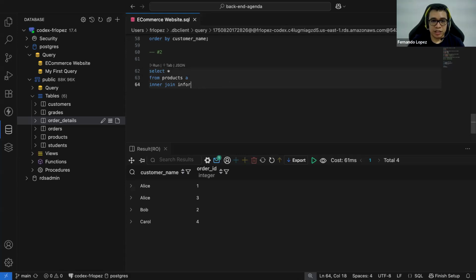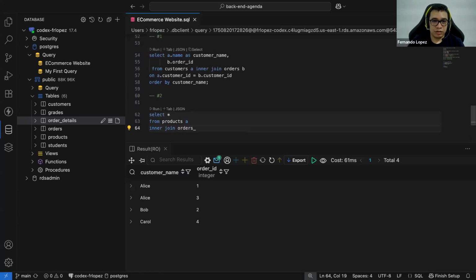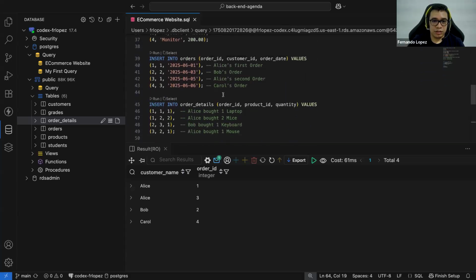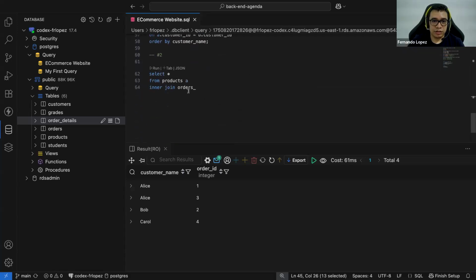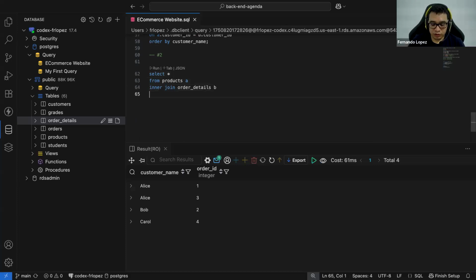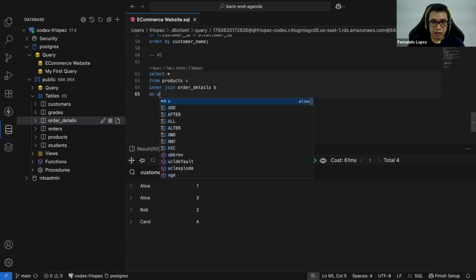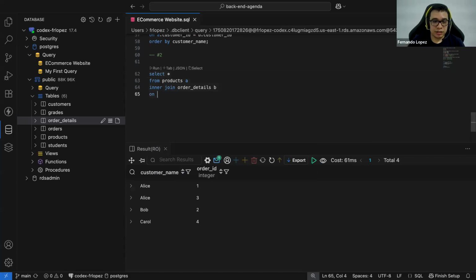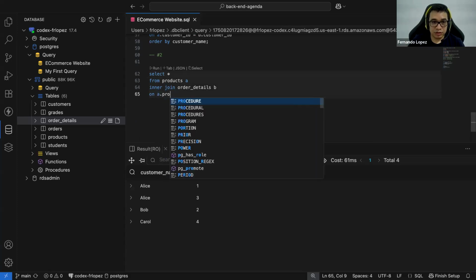In this case, the new table is going to be the detail. Let's see, order details. B. And we're going to join these 2 tables on a dot, let's see, a dot product.